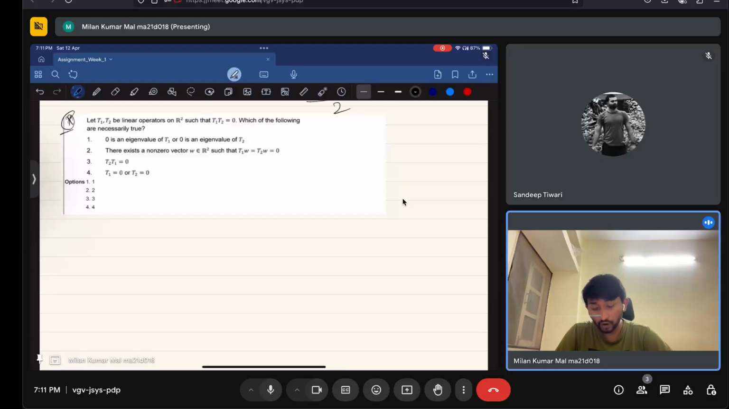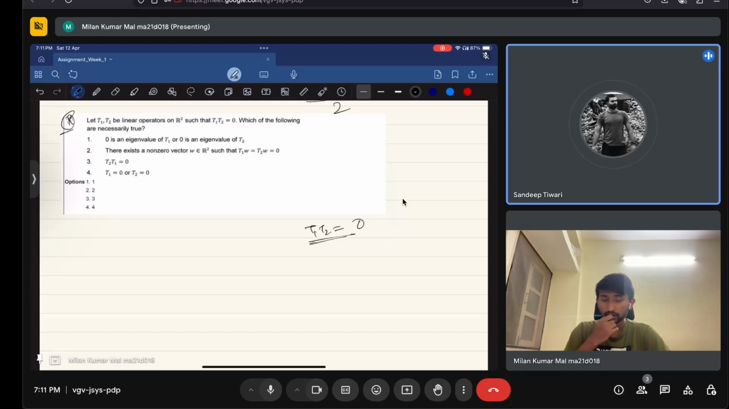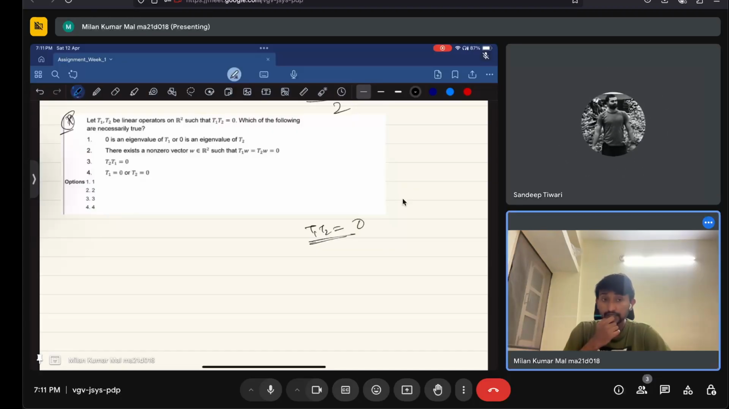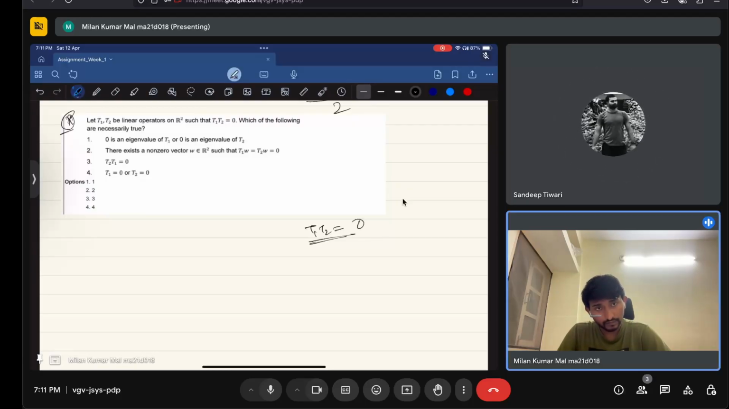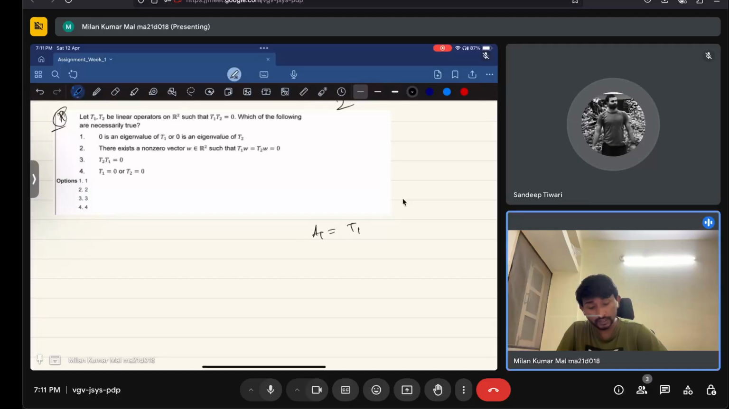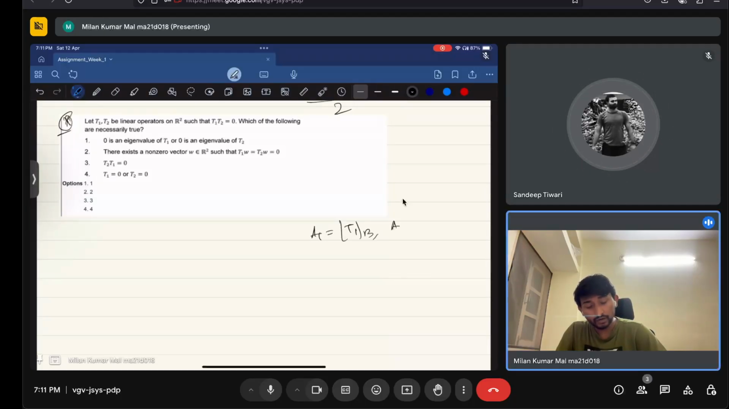0 is an eigenvalue of T1 or 0 is an eigenvalue of T2. Okay, so that is true. Why is that true? Because if T1 T2 equals 0, then the matrix representation will also be 0. If I write A1 as the matrix representation of T1, and A2 as the matrix representation of T2 with respect to the standard ordered basis, whatever basis of order 2 we have,